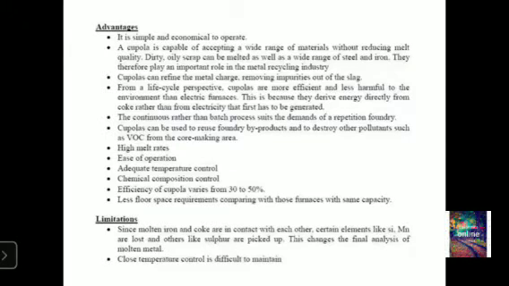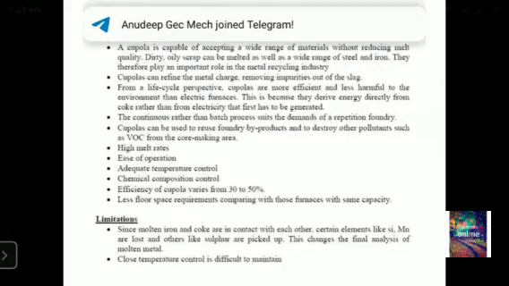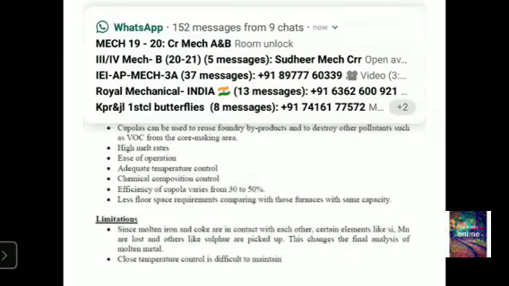Whereas the main disadvantage of this cupola furnace is that it is unable to maintain the exact temperature. The main disadvantage is limitations. So ikkada meeku kanapadutunnayamma on screen meeda, we are having limitations. I will say the main disadvantage is being unable to maintain the temperature; control is difficult to maintain. Ade kada ikkada second point kinda ichchadu vadu, right? Next,